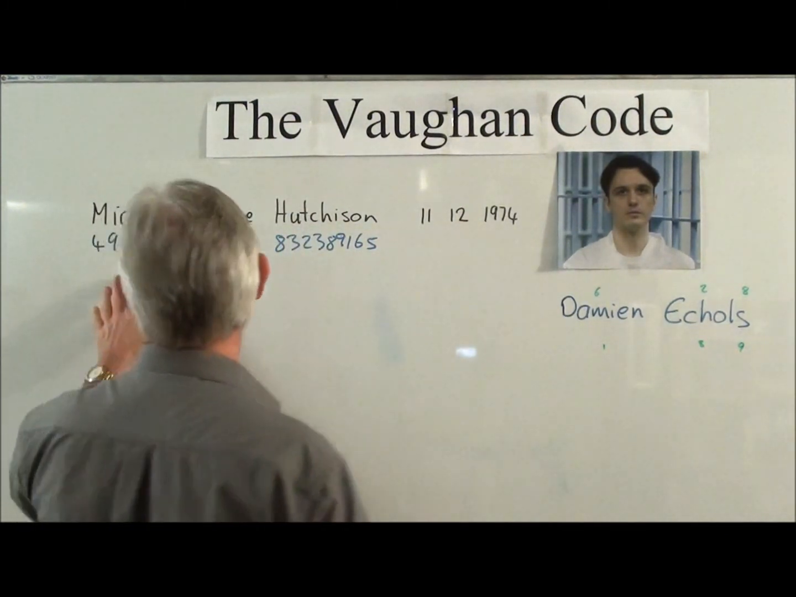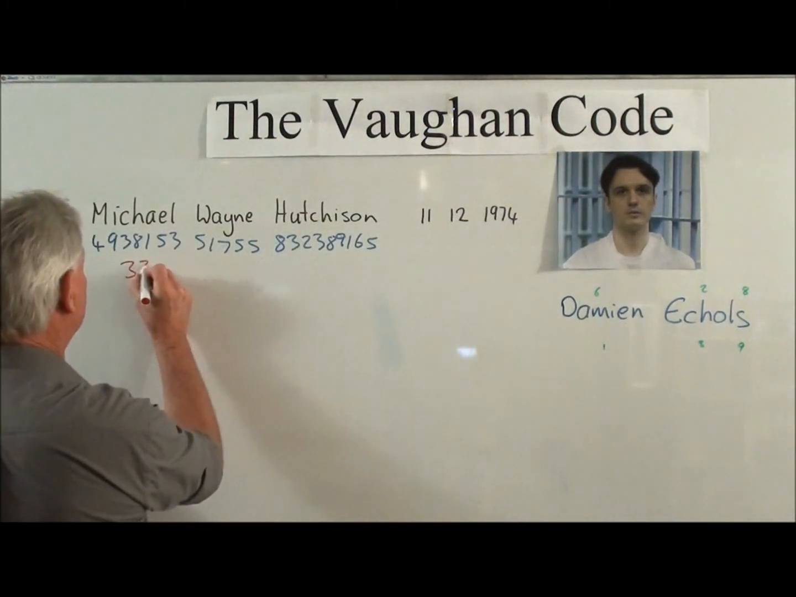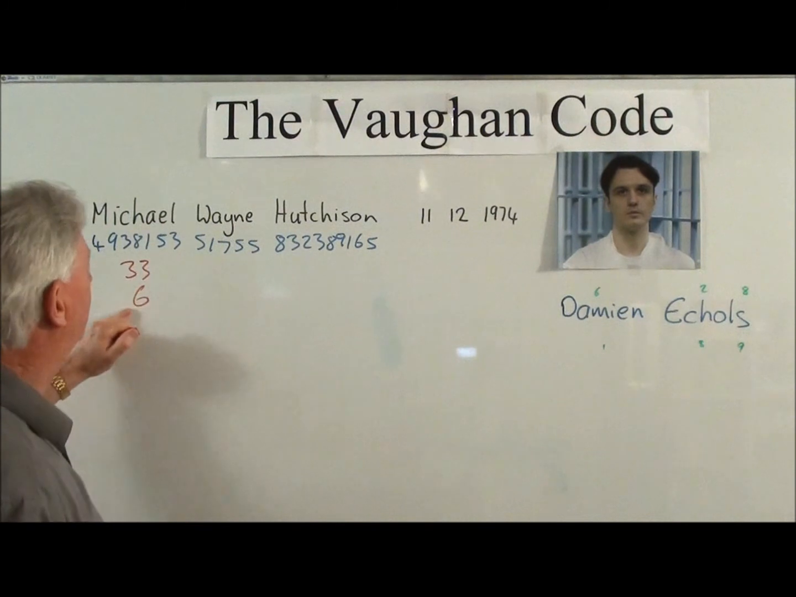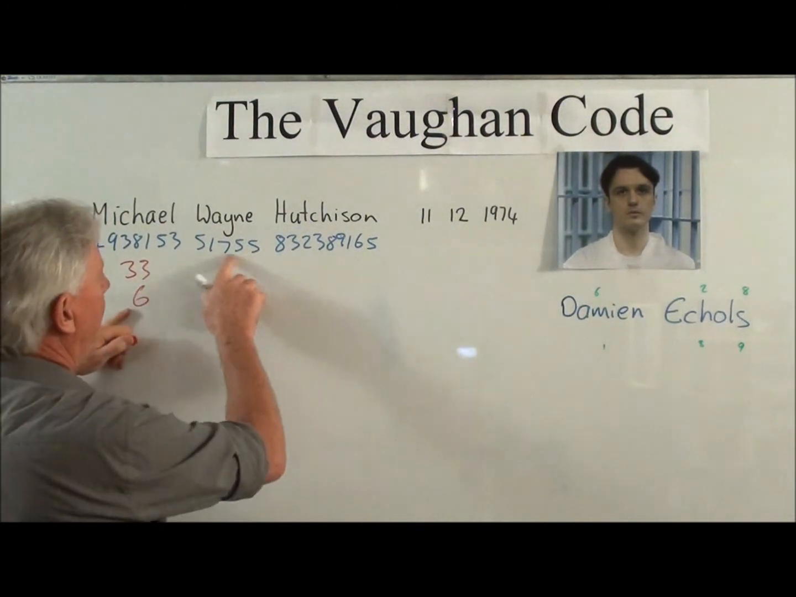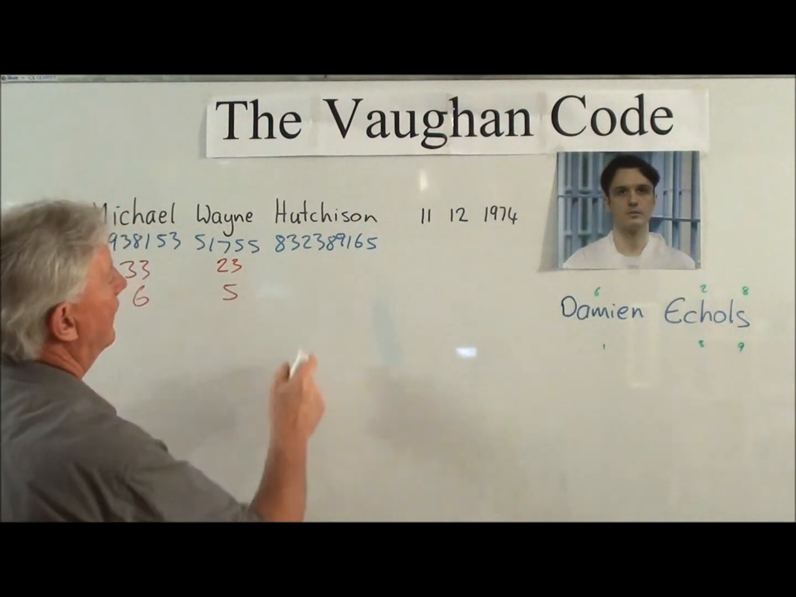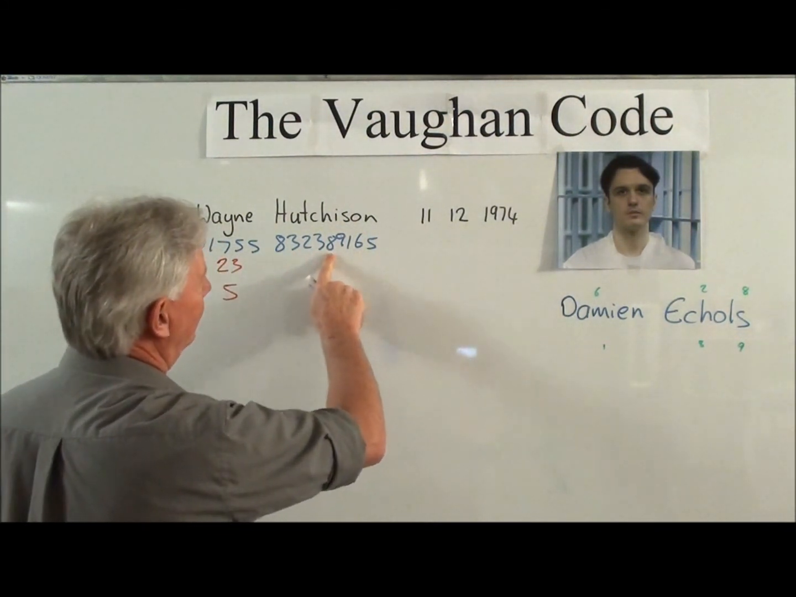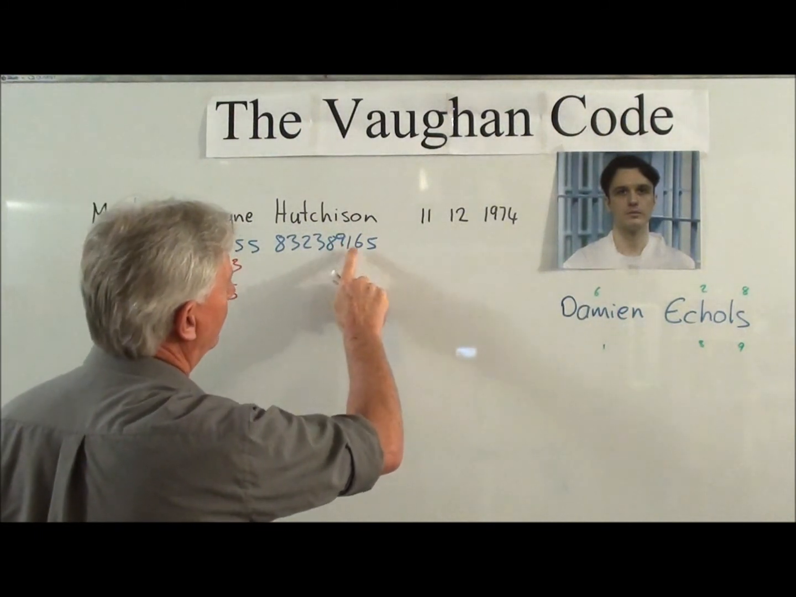So Damien here, if we look at Michael, we add up the numbers under Michael, it comes to 33 or 6. Wayne: 5, 10, 15, and 8 is 23, which is 5. Then 11, 13, 16, 24, 33, 34, 45,